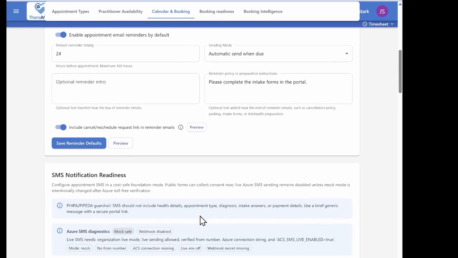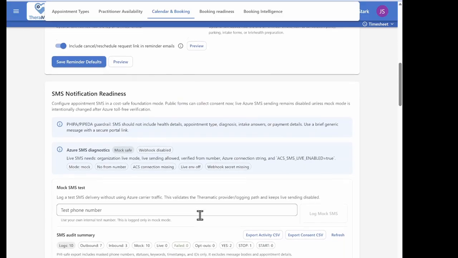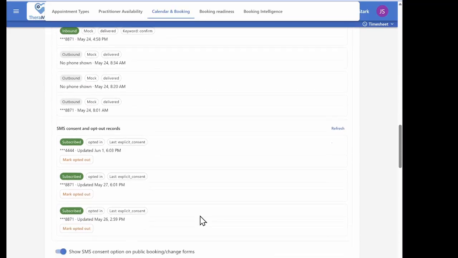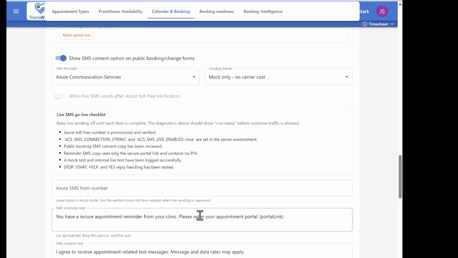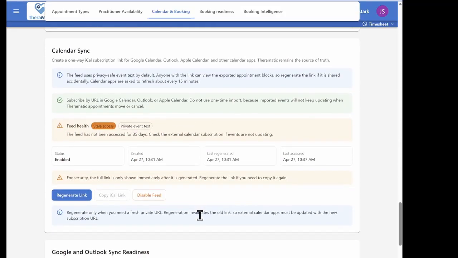So from there, we are still working on SMS notification. This is sort of a test mode that's going to be refined and provided sometime in the summer of 2026. Now, beyond that, we can go down to the calendar sync, where you will be able to sync the